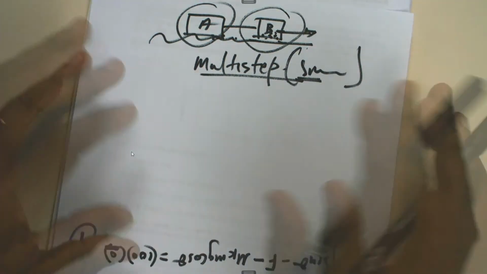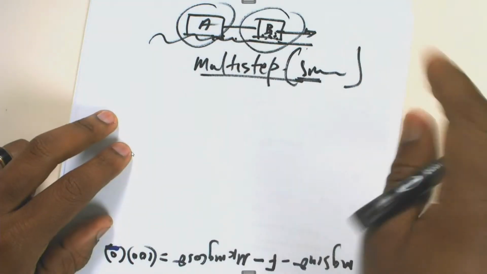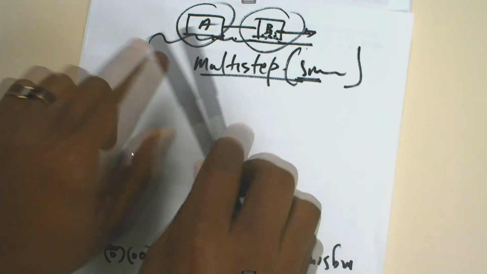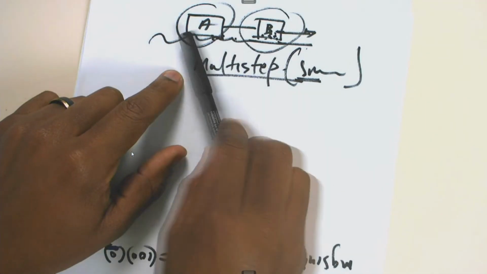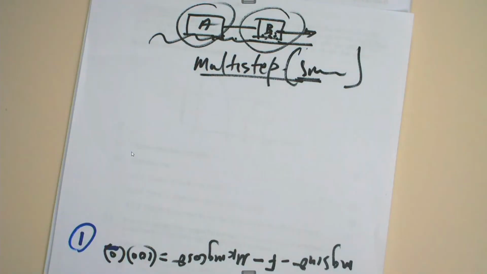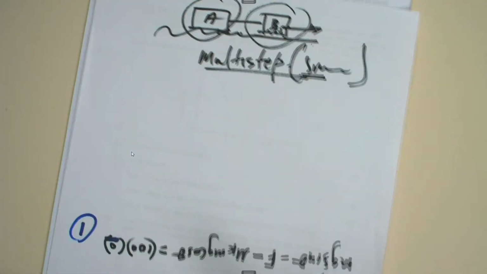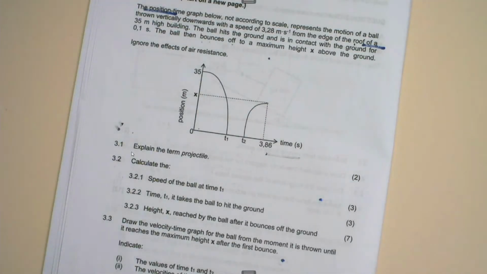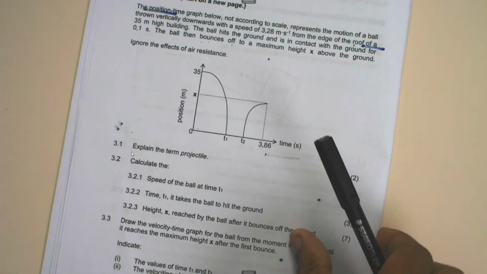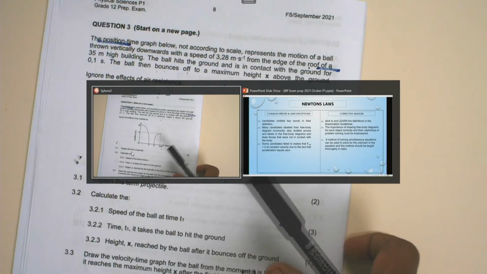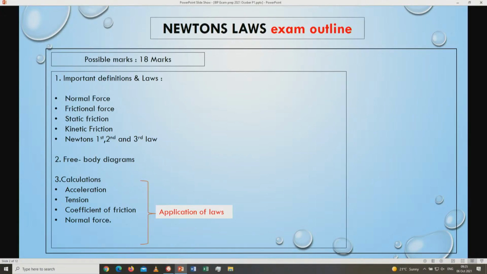So in so doing, it says we need to have free body diagrams, but now one will be asked. The examiner will not assess you to draw both of them. So if one is asked in an exam, say let's draw for B, then automatically you should be able to draw for A. So that is basically it with Newton's. If there's any other thing there, it will be just an issue of applying Newton's third law and maybe Newton's first law in terms of inertia, and then all other things will be clear in that regard.